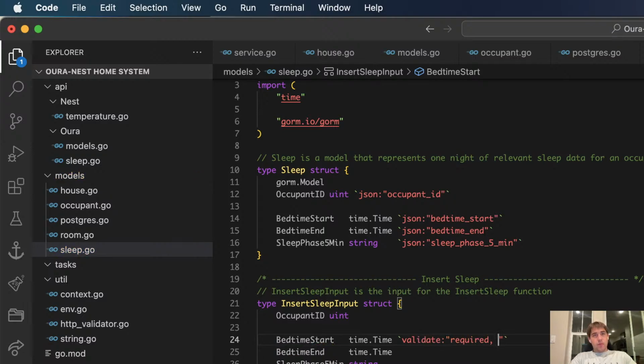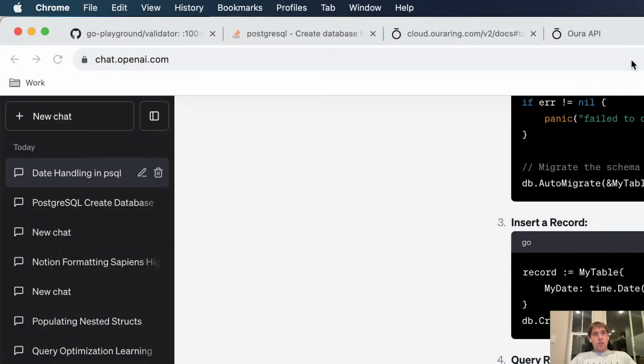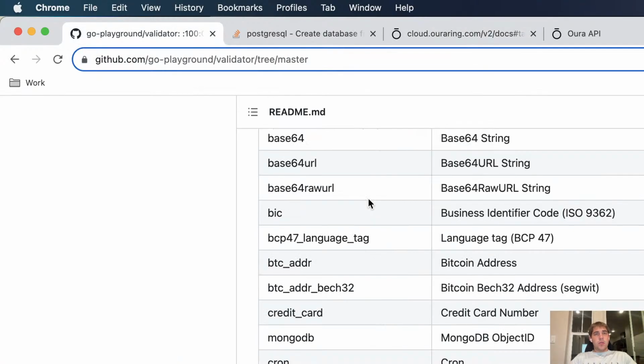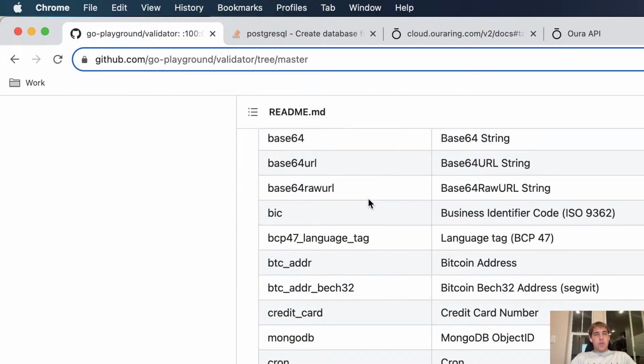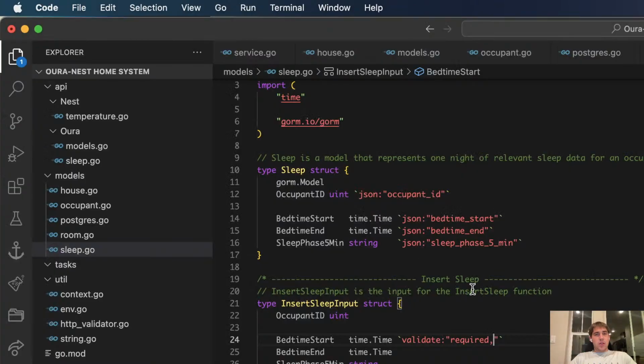But let's see if we can go to validator. Time, time, time. Oh, I don't need to put anything here, because it already knows the type. Validate required, and this is also going to be validate required.